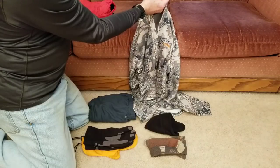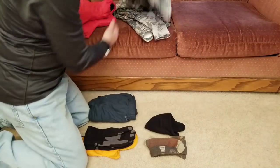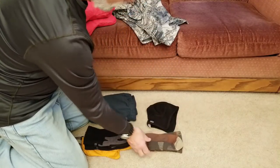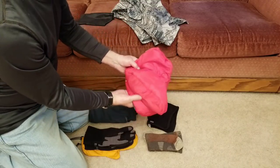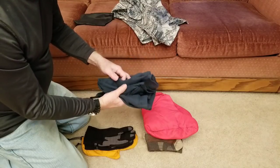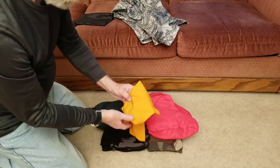Instead of using a balaclava, this has a high neck gaiter cut to it, so that works out really well. And the Patagonia cap for sleeping in, a pair of warm socks, and from Goose Feet Gear, which is a US company, I had them make me some down booties, so that should be really nice. Very warm piece of fleece long underwear, fleece gloves, and from an old tent I made